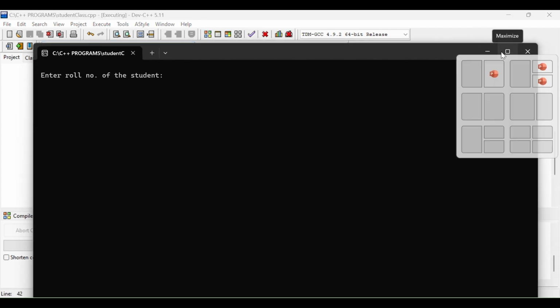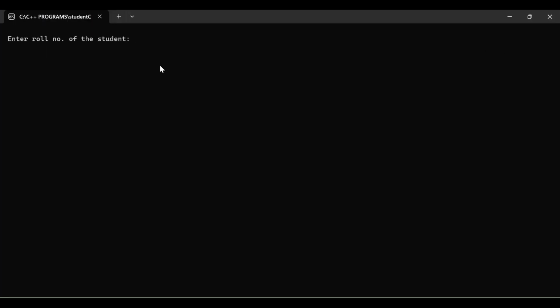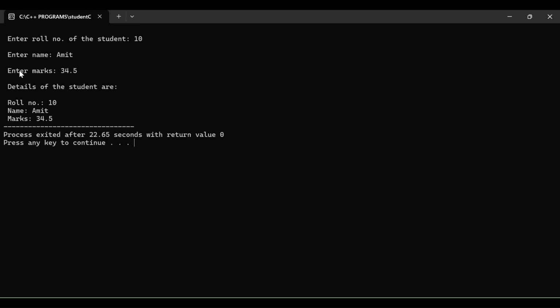Note that private members cannot be accessed even through an object. They can only be accessed via member functions. So here comes my first message, which is enter roll number of the student. So roll number is, let's say, 10. Name is maybe Amit, and marks are 34.5. Enter. So as you can see, the first member function executed and then the second member function executed via the